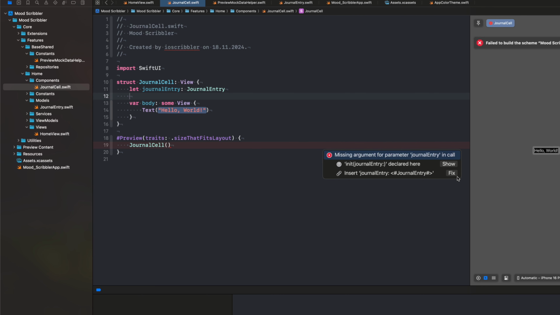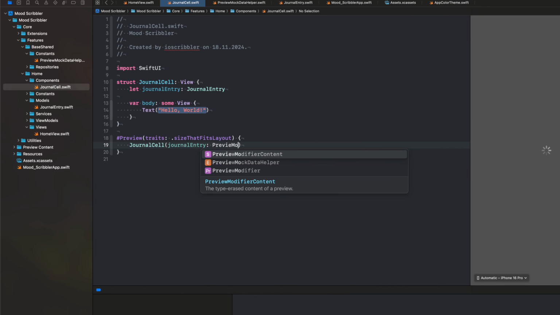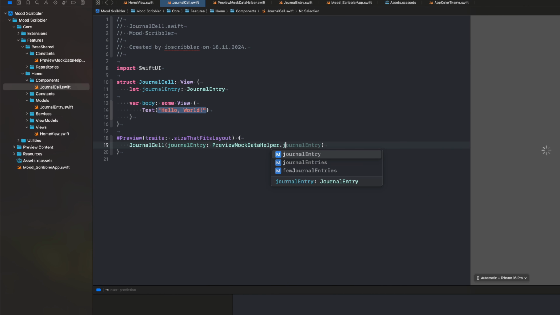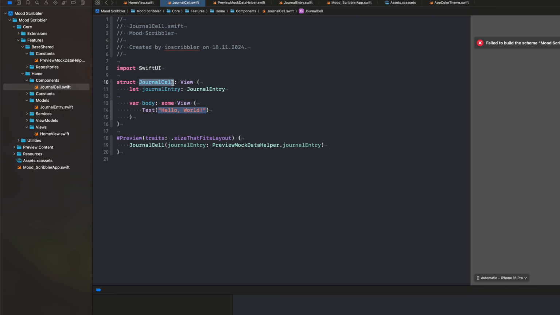So let's just hit fix. And this is where the mock data helper comes in handy. We go to the preview mock data helper. You can see that we have a single journal entry declared here. And we're going to use that. Let's go back to journal cell and type preview mock data helper dot journal entry, and the error should go away. Let's hit reload for this preview, and we still have an error,